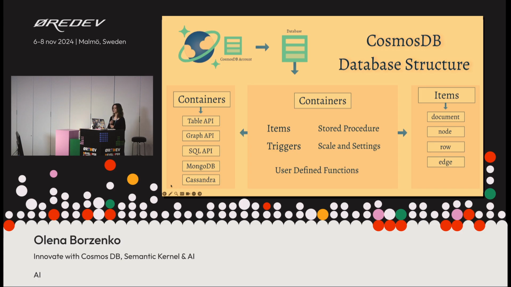If we want to use vector search, so if we want to store our embeddings, we have to configure a container beforehand, and we cannot change it afterwards. I will show in the AI how it looks. Also, the feature of vector search and saving vector embeddings is not available by default. You have to enable it, but it takes just one minute of your time, so you don't have to actually register for the preview.